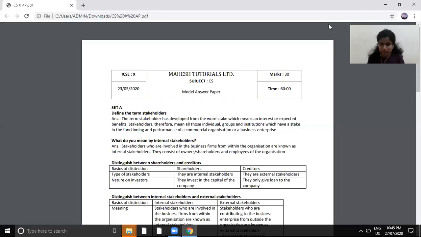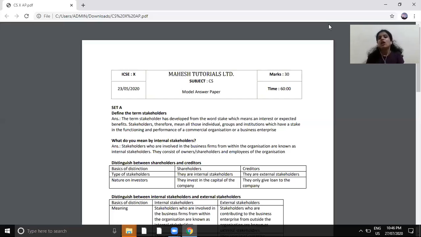Moving on to section B. Now, under section B, you had 3 main questions. Question 2, question 3, question 4. Right? Now, under each of these main questions, you had 2 sub-questions. Question 2A, question 2B, question 3A, question 3B, question 4A, and question 4B. Now, each of these sub-questions was for 5 marks each. So, total